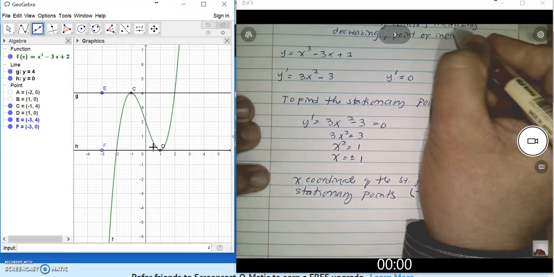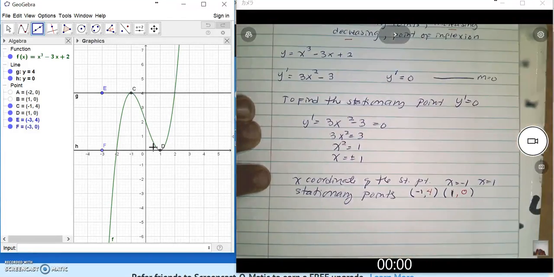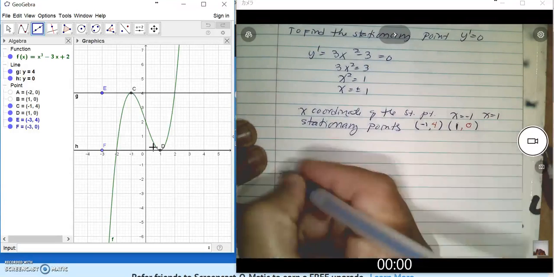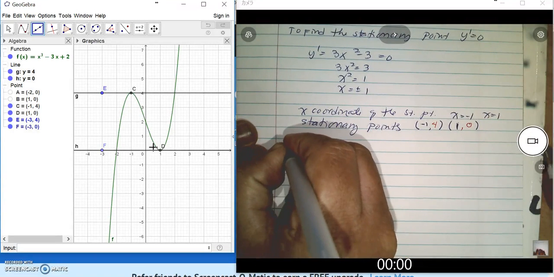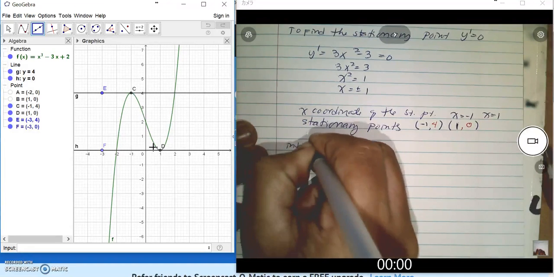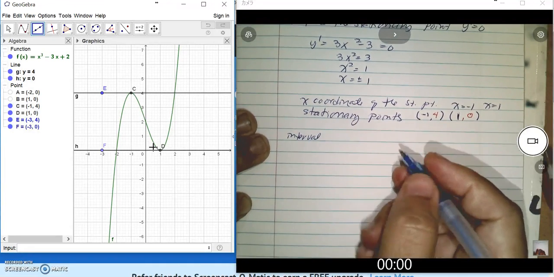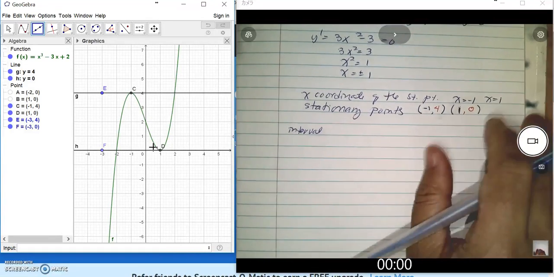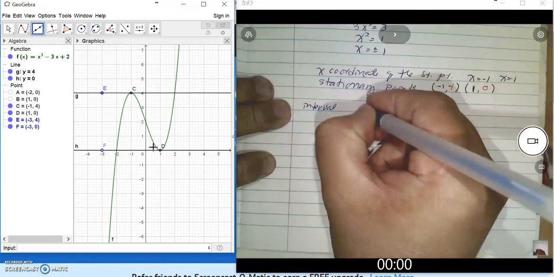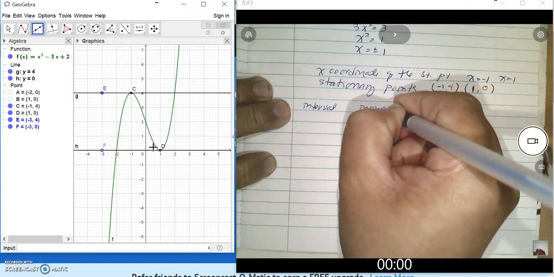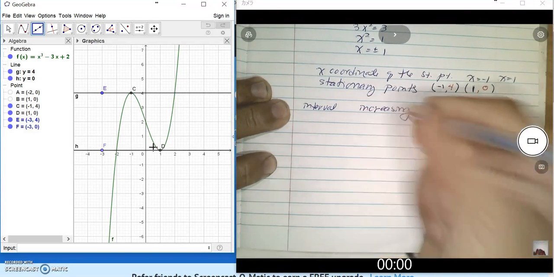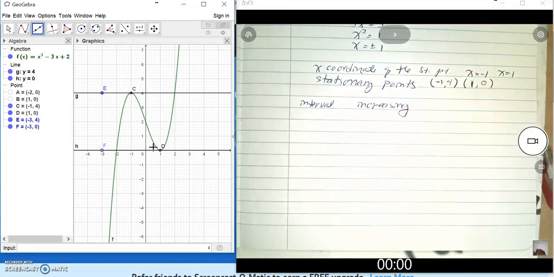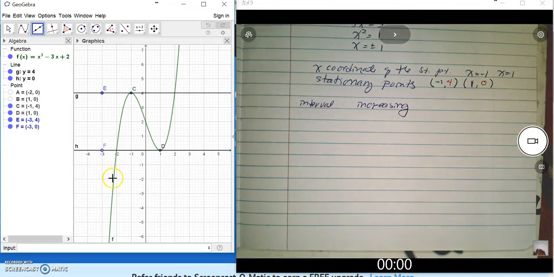Now, what are increasing and decreasing functions? I want you to look at the graph. Let's say that we would like to find the interval wherein the function is increasing and decreasing. Alright, increasing. So where is it increasing? When you look at this graph here,